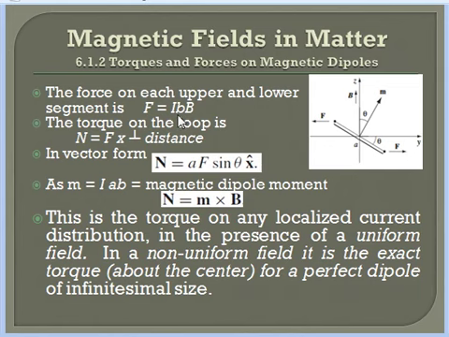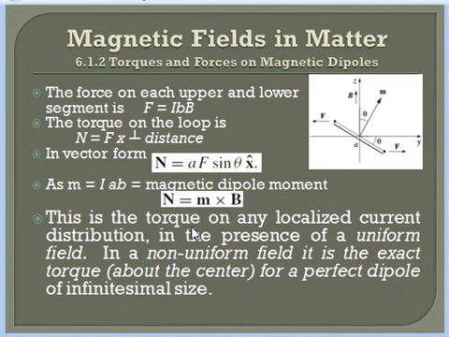Now F is equal to I into B into B. So if that is substituted here, we get a term I into A into B, where I is the current, A is the area of the loop. So current into area is the magnetic dipole moment of the loop. So that expression can be written as N is equal to M cross B, where M is the magnetic dipole moment, which will be directed perpendicular to the plane of the loop, and B is the magnetic field. They are making an angle of theta between them. So M cross B, when expanded, becomes M into B into sine theta into x cap. So this is the torque acting on a dipole placed in an external magnetic field.